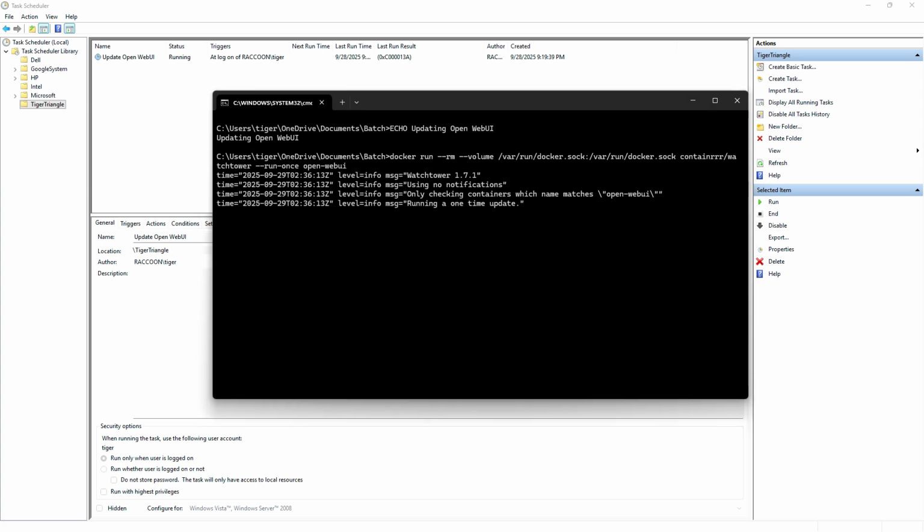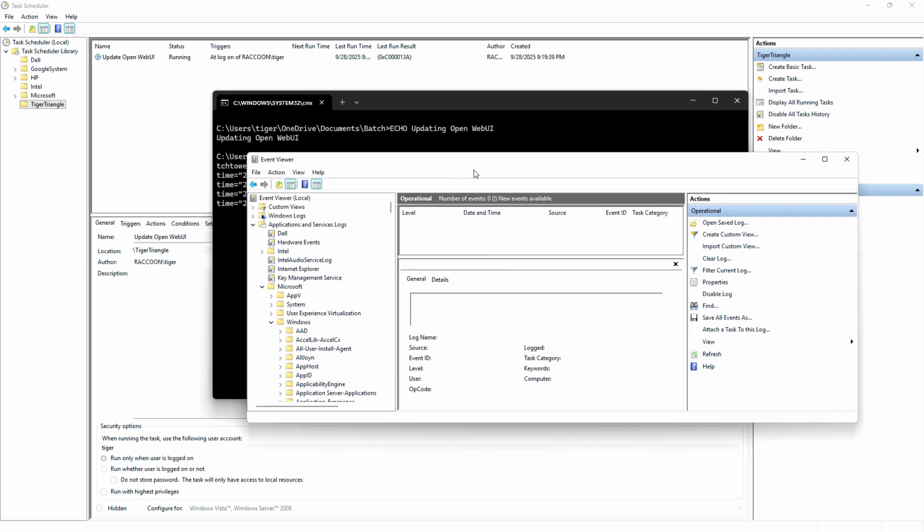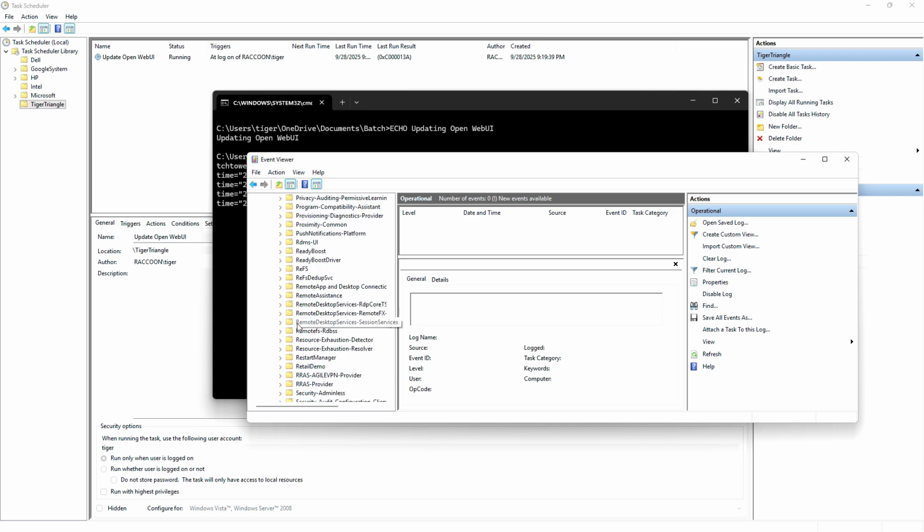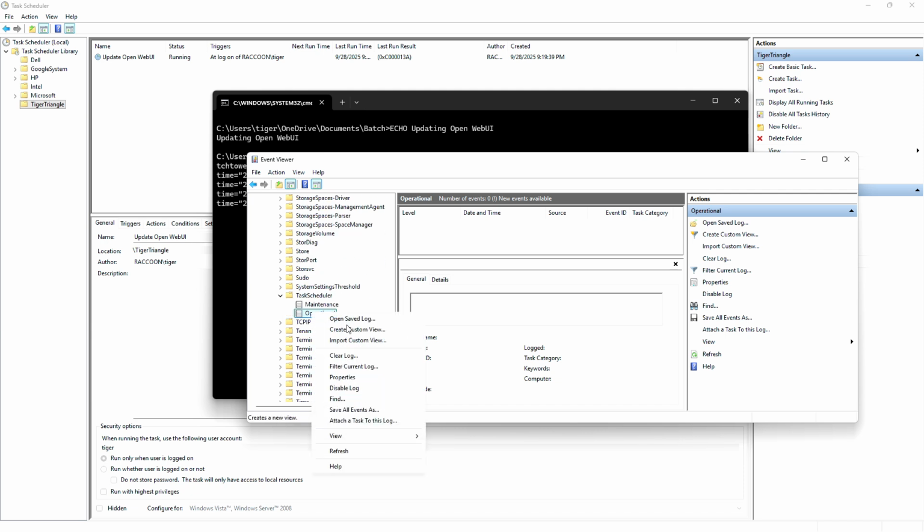There is one other thing I want to show you just real quick, though. One thing I did was enable the logs on this. So if you go into your event viewer, into applications and service logs, and Microsoft Windows, on down there, alphabetical order, of course. So down here in the task scheduler, there's operation mode. You want to make sure and enable that if you need to look at logs,